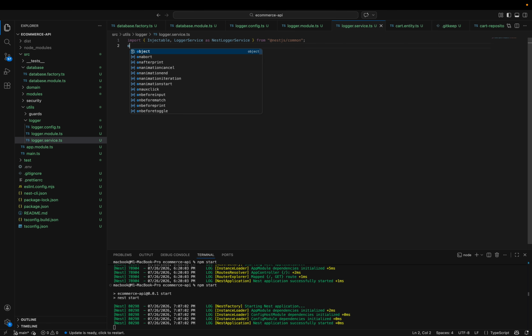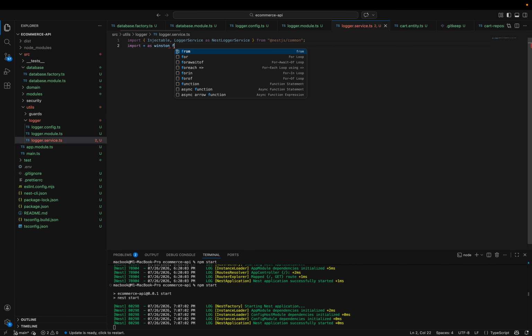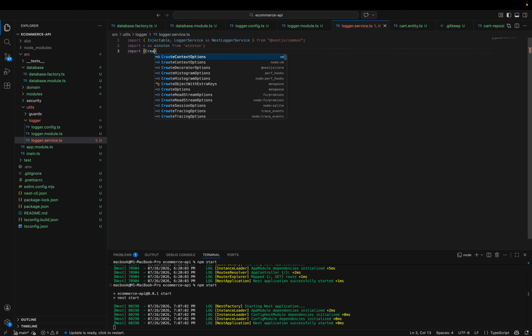We also have import * as winston from Winston. Then we also have import createWinstonConfig